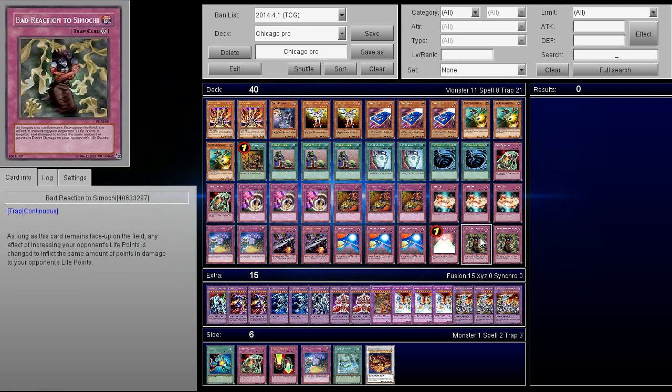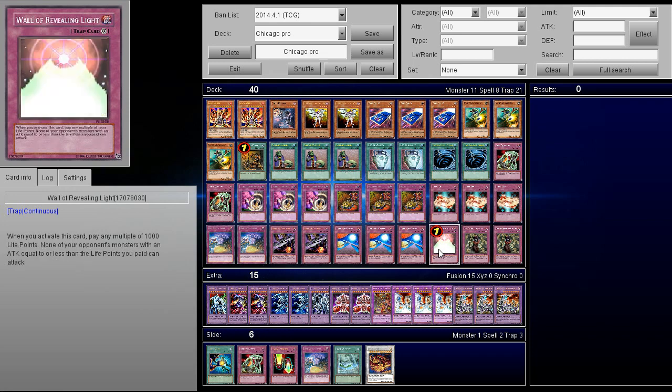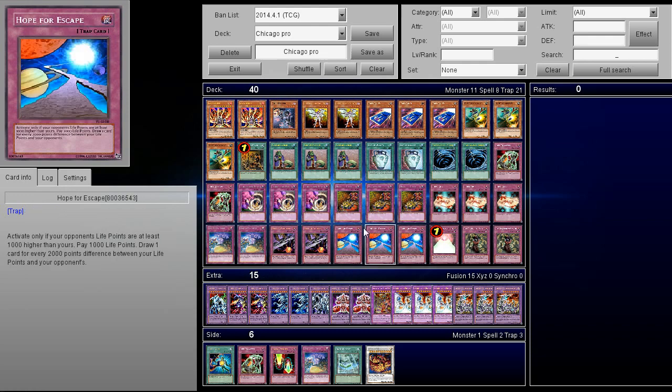And lastly, for traps, we have 2 Bad Reaction to Simochi. Also with this card, guys, when you activate it, obviously you don't want to pay 7000, because sometimes your opponent might make a Cowboy and hit you twice. So keep that in mind as well. I'd say the optimal number is probably about 3000 with this thing. I wouldn't pay 4. I think 3 is optimal, unless of course you happen to have something like Life Equalizer,